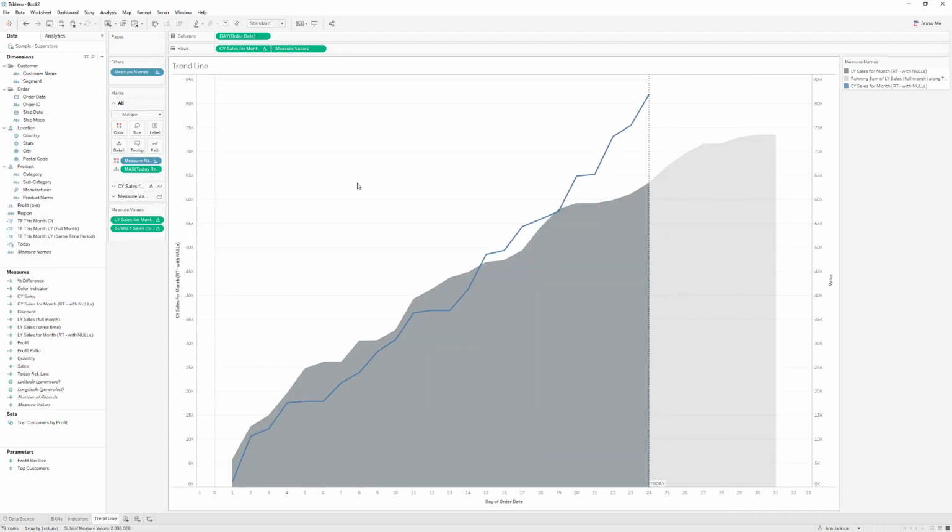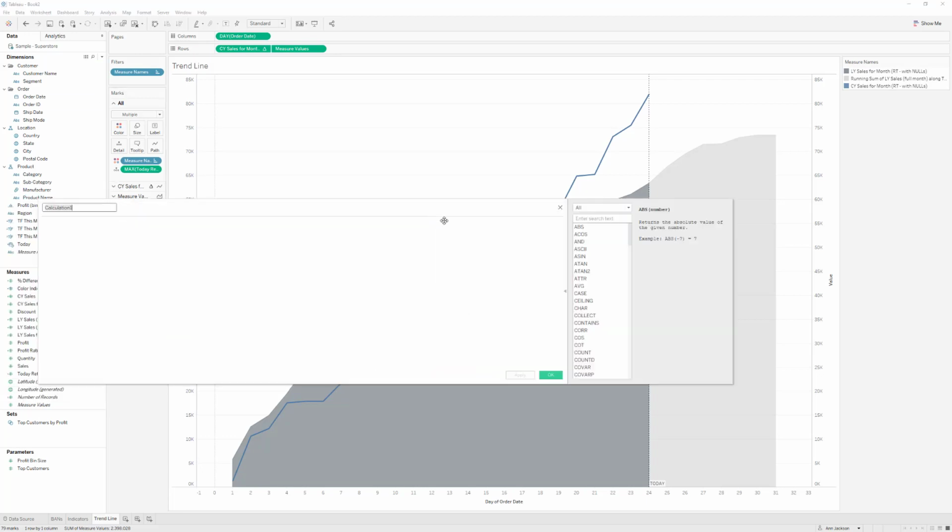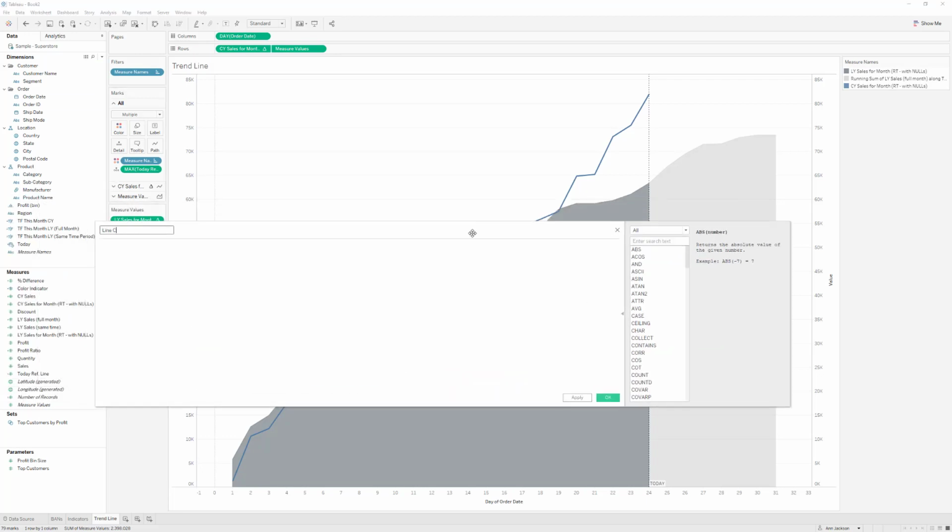Okay. Now, the last tricky calculation in this whole thing is probably how do you get the color of the line to be correct? And this is a good use case for an LOD. So I'm going to go ahead and create one more calculated field, and I'm going to call this line color. And this one is going to use the exclude modifier. So we're going to exclude the order date from the calculation, and we're going to use our color indicator